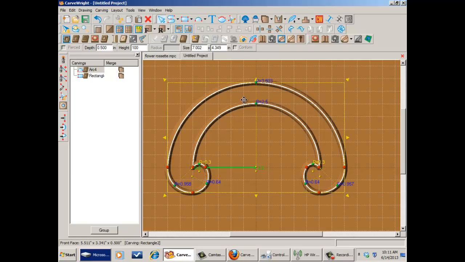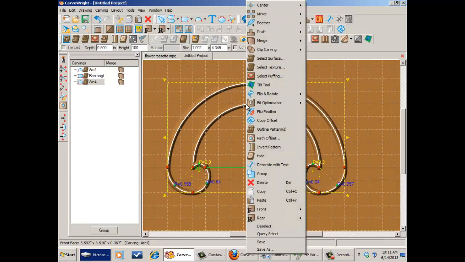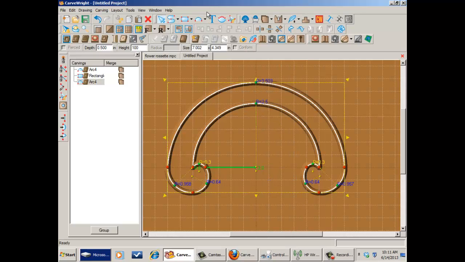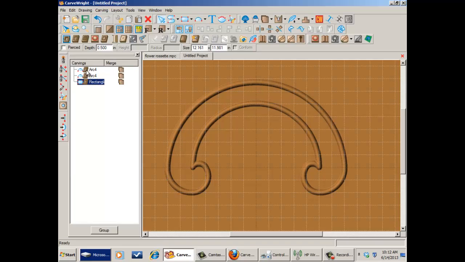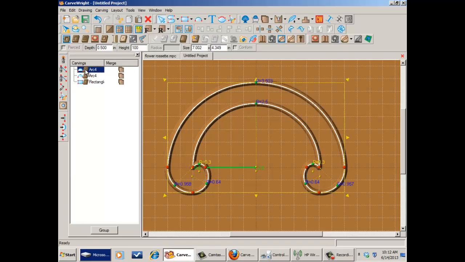Okay, so we're going to take this arc element, and I'm just going to copy and paste it. You can right click to get to your copy and paste, or you can use the shortcut keys that a lot of us like to use, where you hold down the control button and hit C for copy, and then hold down the control button and hit V for pasting. So now we've got two of them. Our first one that we created here, and then this one here,